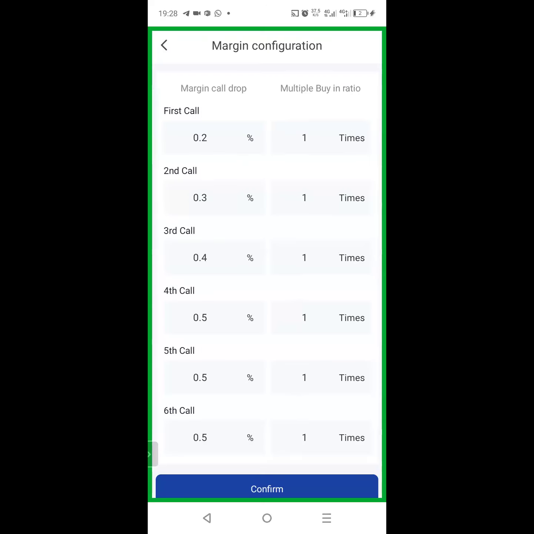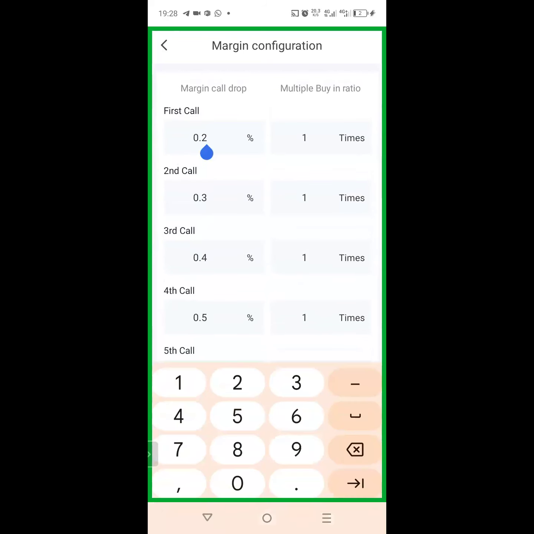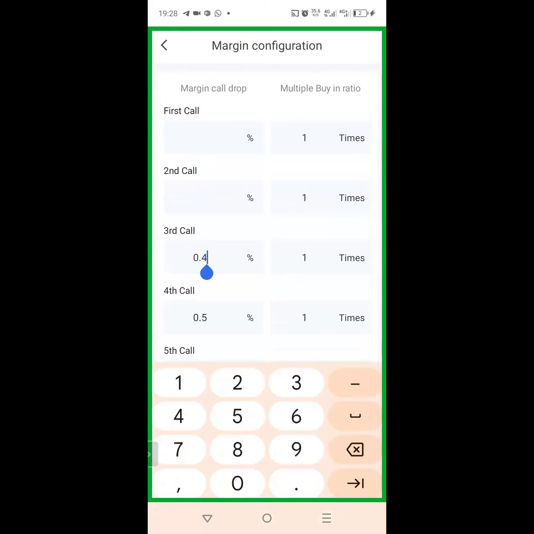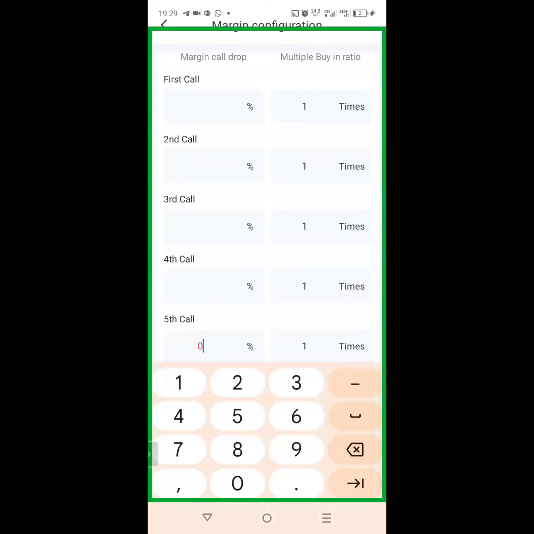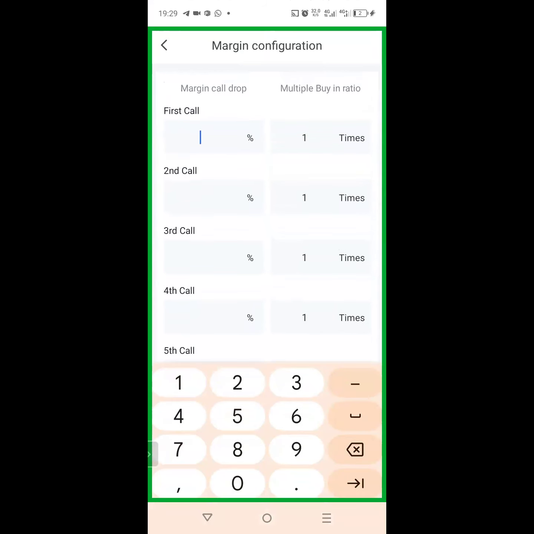The 6, like that. So this is 6. So this is the margin call drop now. If they give me 20%, they said I should make sure I use up to 20% in my margin call drop. Which means all these times my robot will buy, I will have to make sure I distribute the 20% here